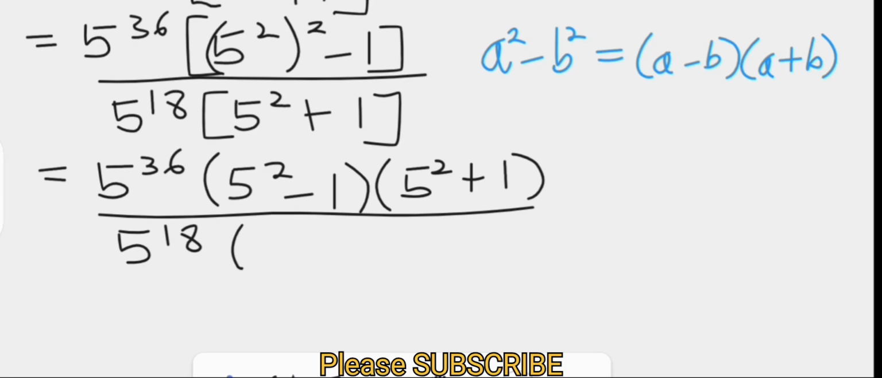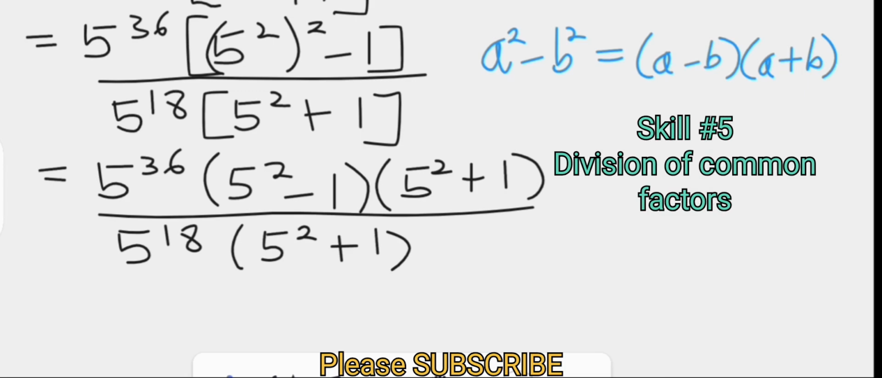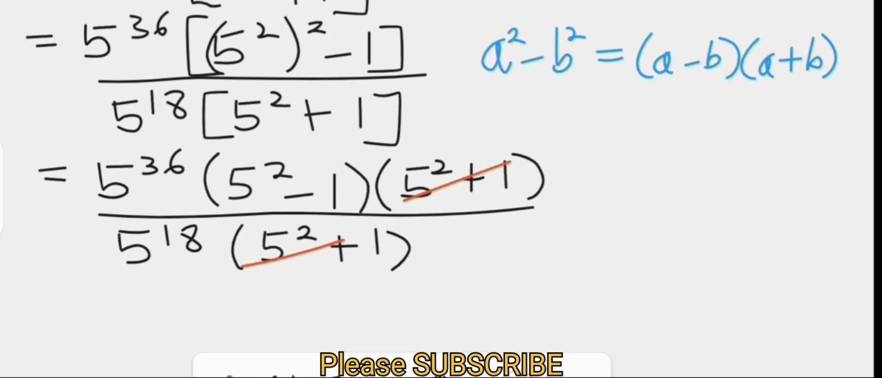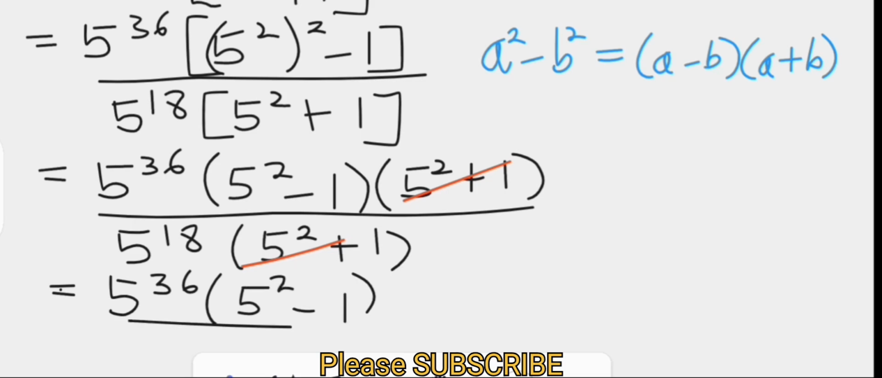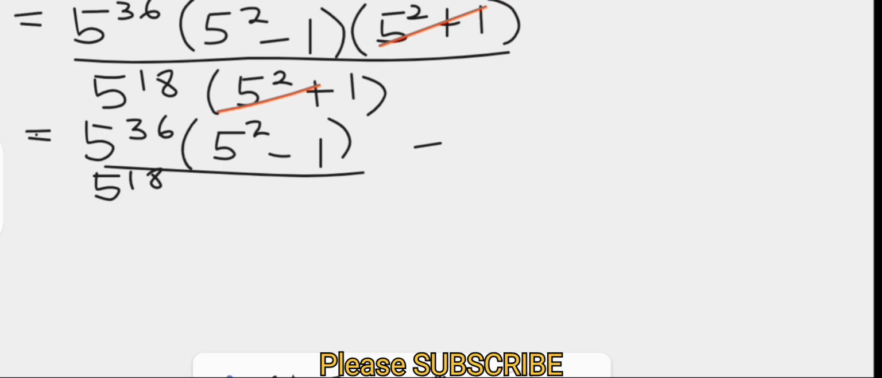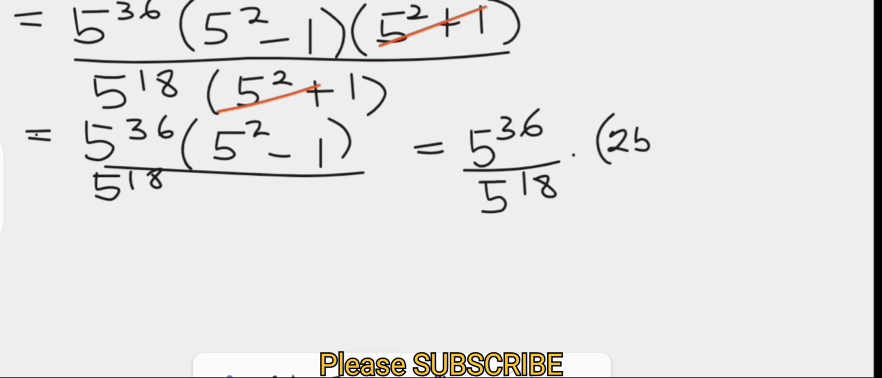over 5 to the power of 18 times 5 squared plus 1, where we then apply the skill of division of common factors to cut out 5 squared plus 1, leaving us with 5 to the power of 36 times 5 squared minus 1, that divided by 5 raised to the power 18. This becomes 5 to the power of 36 over 5 to the power of 18 times 25